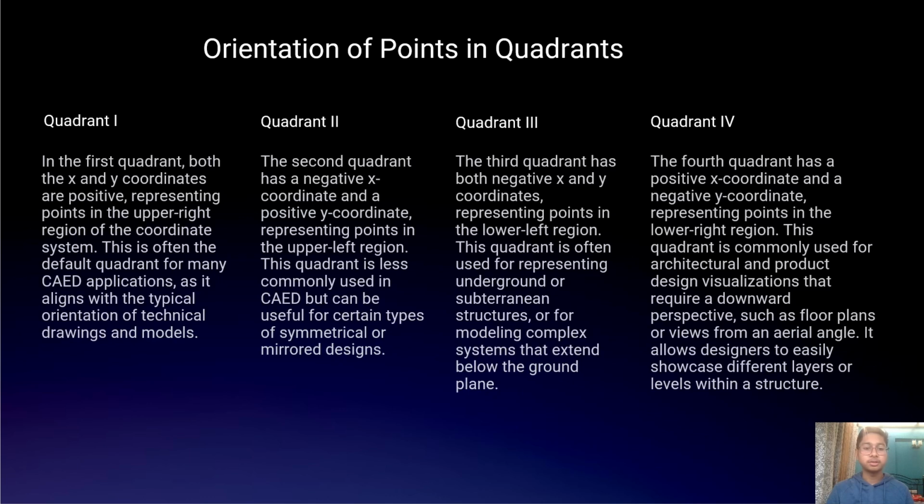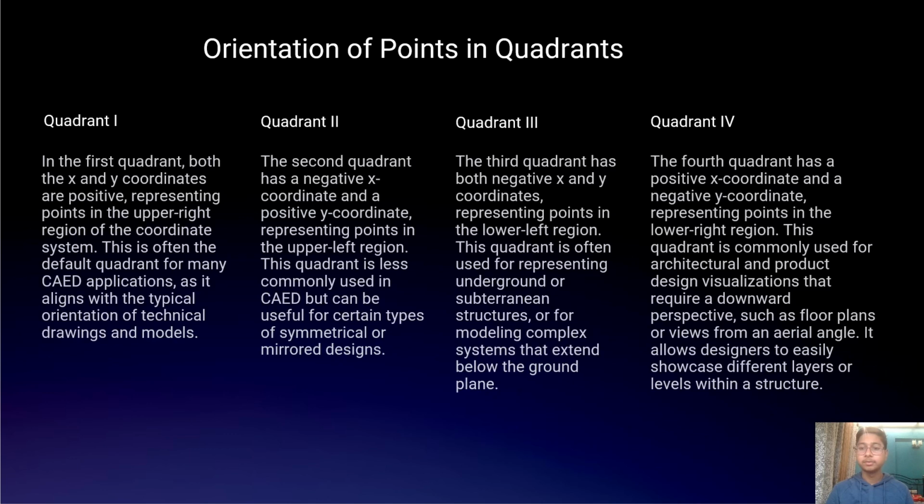the upper left region. This quadrant is less commonly used in CAD, but can be useful for certain types of symmetrical or mirrored designs. Quadrant 3. The third quadrant has both negative x and y coordinates, representing points in the lower left region. This quadrant is often used for representing underground or subterranean structures, or for modeling complex systems that extend below the